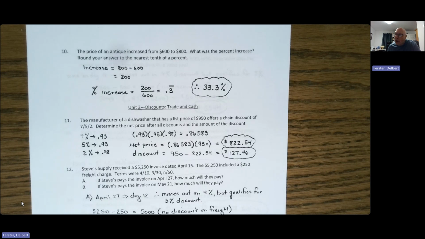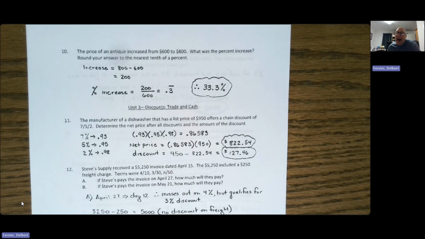Now be careful here. We do not want to round this. So in all likelihood, you're going to get a fairly lengthy, ugly-looking decimal. We got 0.86583. No rounding, please. To find the net price now, we'll take that ugly-looking decimal, 0.86583, and we're going to multiply it by the original list price, which is $950. And we will find the discounted price. We're going to round that one off to dollars and cents,